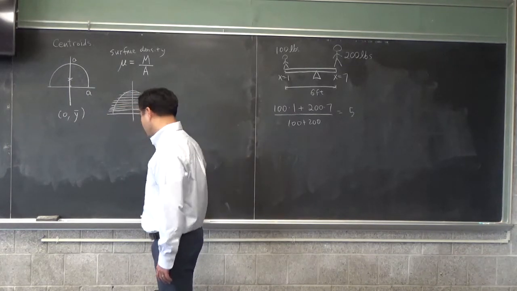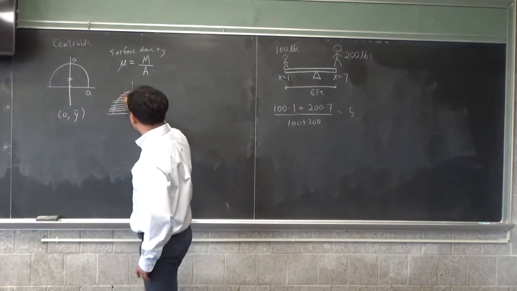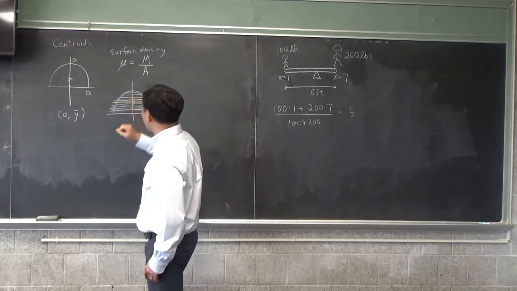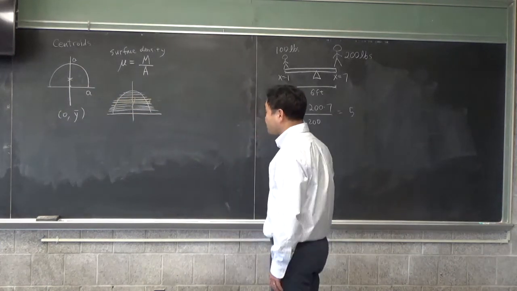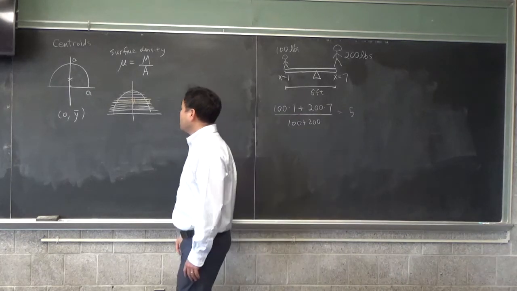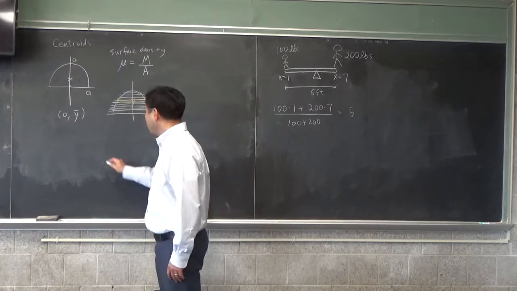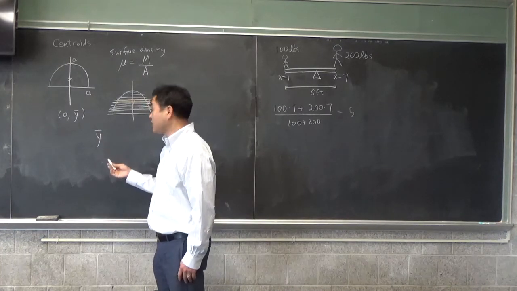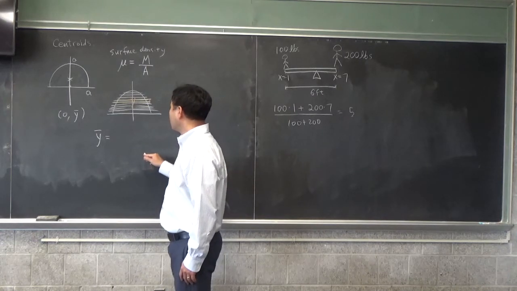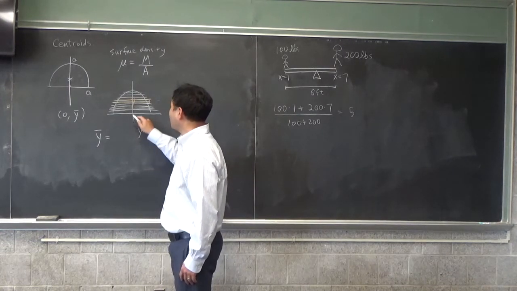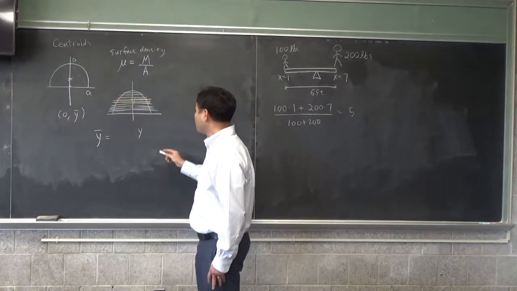So a single strip that you choose will have the same y value as its y coordinate. And as we said, y bar is a weighted average, which means first you multiply y by the weight of this strip. And the weight of the strip is